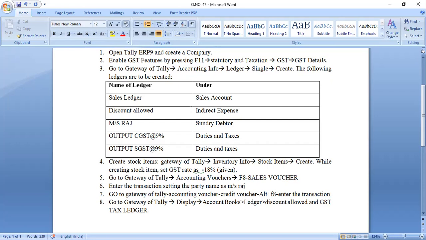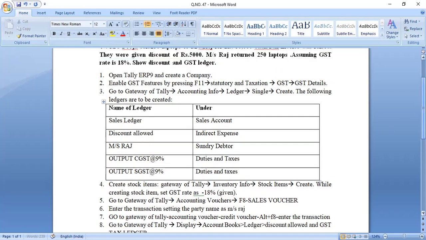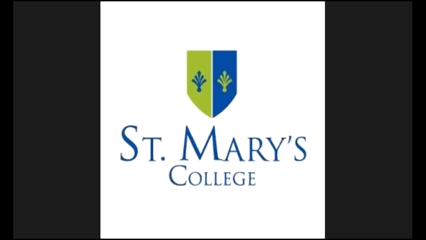Okay, so we'll open the Tally software. Tomorrow we'll start the fifth unit. We'll do this problem today. So we'll open the Tally software here. Create a company.